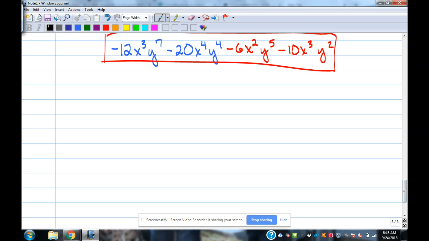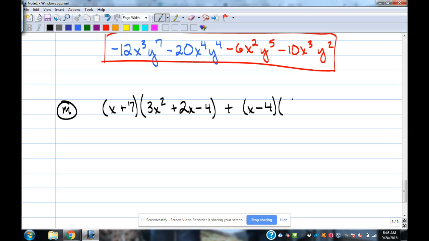Let's see here. Let's combine multiplying with the addition and subtraction. All right. Here we have